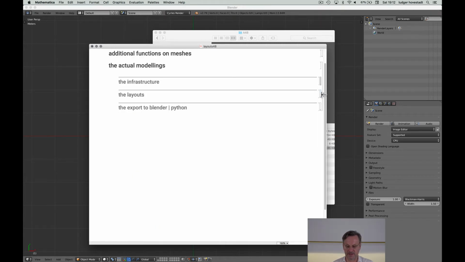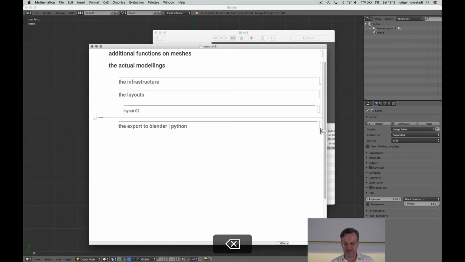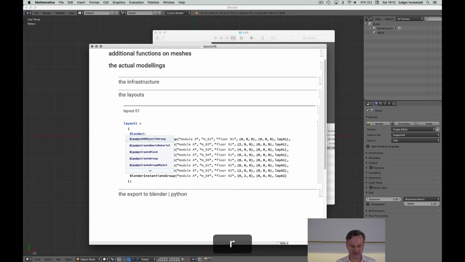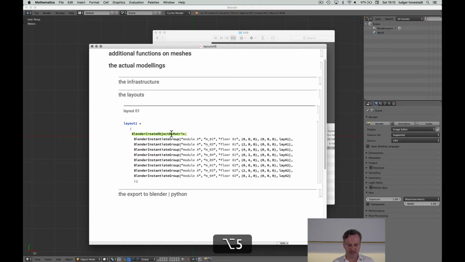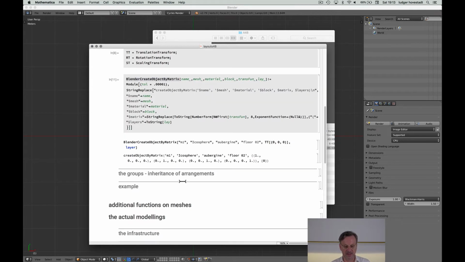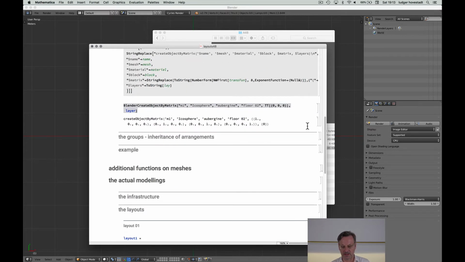Good. Now the layouts. We want to start with one. We have that. We see there's nearly nothing to do. What we want to have is we don't want to have the instantiate group, but here Blender. So we say create object by matrix. This is what we want to have. Let's look up what it is. We have it here, and this is an example. So close it again